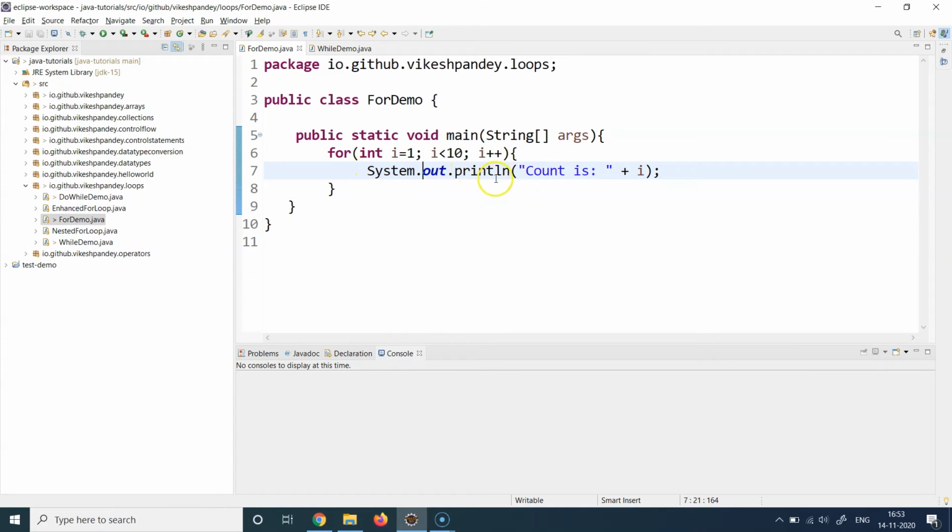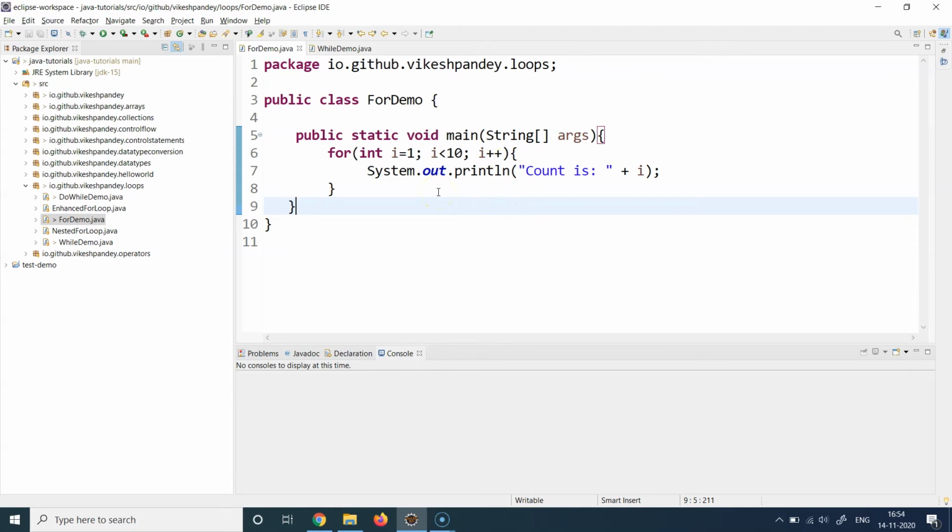And once all the execution is finished inside the block, it will again go back to the increment. Does the increment, so 2 plus 1 becomes 3, again does the evaluation, and if the condition holds true, it will again go inside. So this will continue. This condition checking, execution, and increment will continue till the time this condition holds true. The moment this condition becomes false, the control will come out at line number 9. So that's the basic anatomy and control flow.